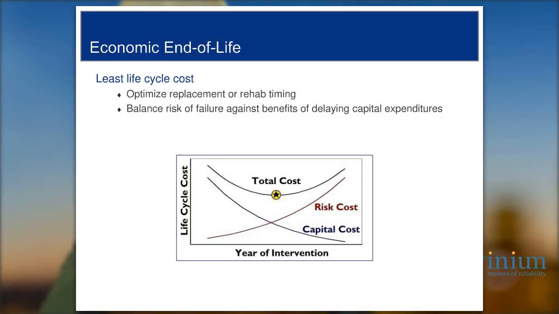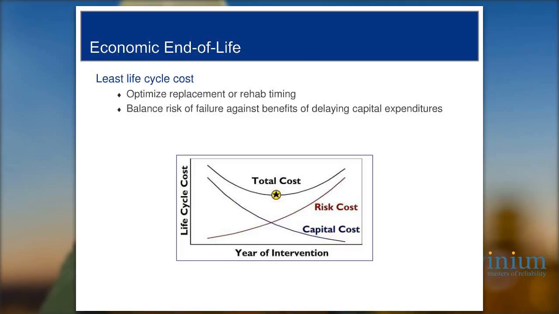And so the risk will increase as we delay intervention. So in general, there will be this U-shaped total cost curve, the life cycle cost curve, with a minimum point out there somewhere. And that minimum point says, if you replace this asset on this schedule, you'll minimize the life cycle cost of ownership. And again, we're talking about a broad definition of cost, not just dollars in and out, but reliability and safety and all the other things that matter to us as a utility and to our